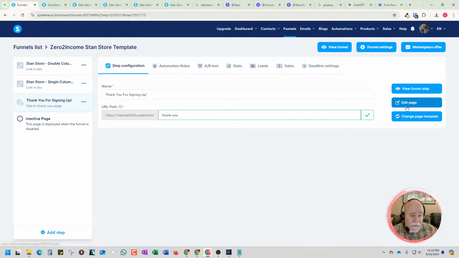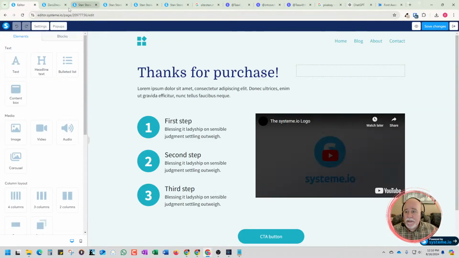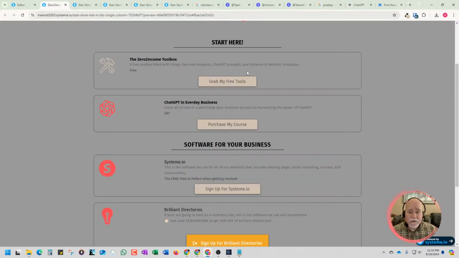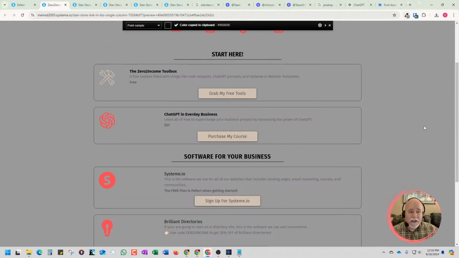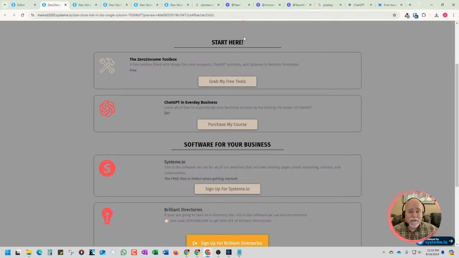Okay. I'm going to go in and edit the page. In this case, we changed it to this gray. So I'm going to go ahead and grab this gray. That's what was going on. That's what that crosshairs was coming on. My plugin was still playing. My voice is still getting